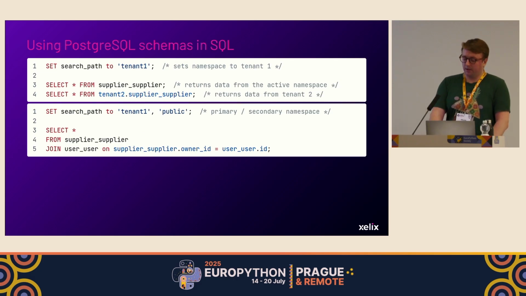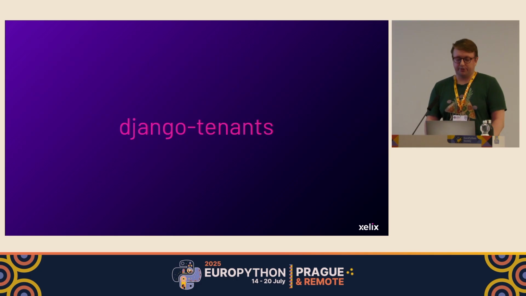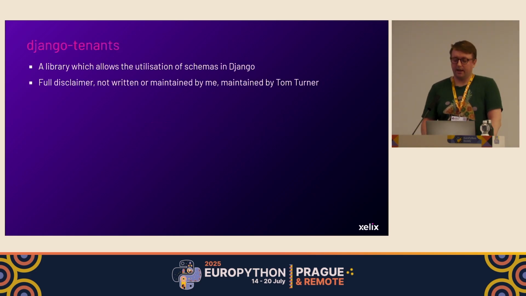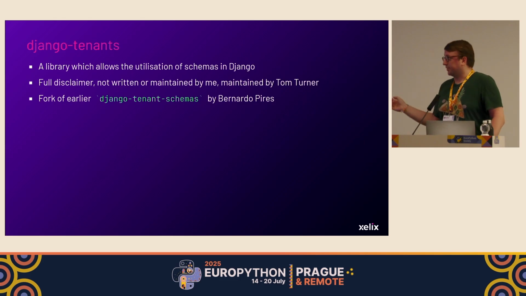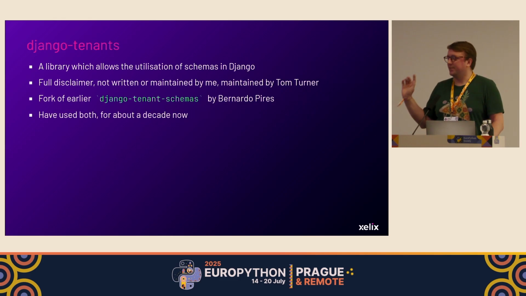So the way to use this in Django, it's this library called django-tenants. And a full disclaimer, I did not write this library, and I don't maintain it. It's maintained by a guy called Tom Turner with the help of Alexander Todorov. And it's actually a fork of an even earlier library, django-tenant-schemas by Bernardo Pires. But I've been using both of these about a decade. So I've been using django-tenants for 5 years, and before that, I used django-tenant-schemas for 4 years. So I've had quite a lot of experience with it, so I feel like I can speak about this and explain to you